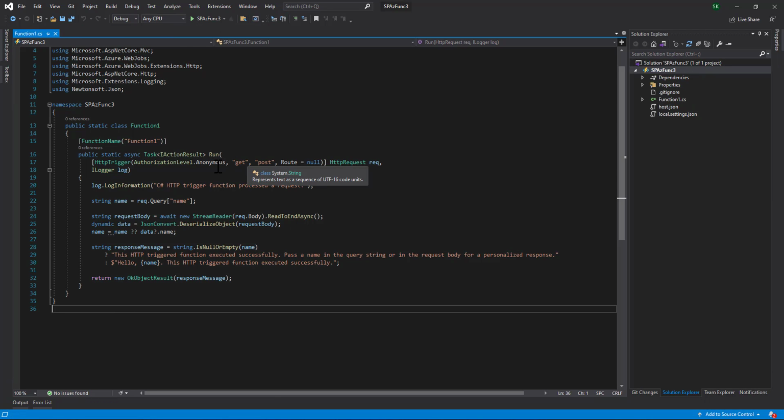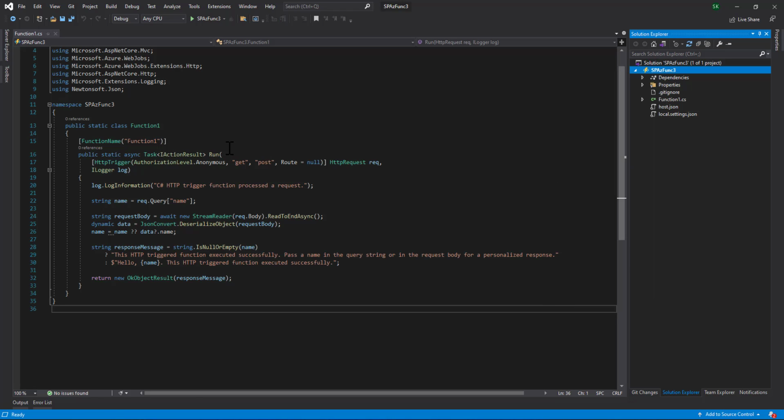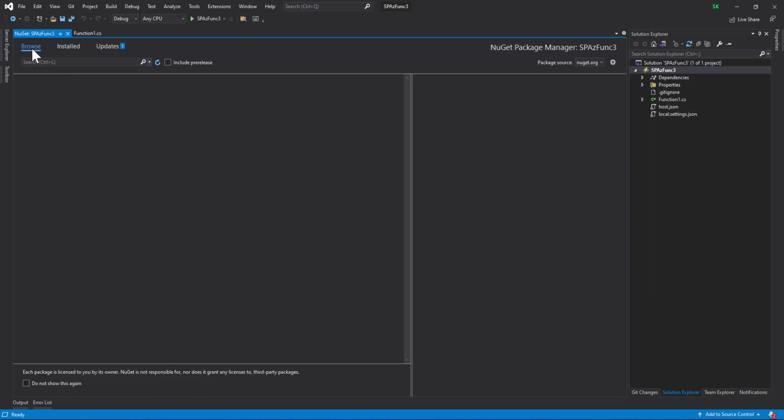Now we need to update this code using the PnP Core SDK and other SharePoint features. Okay, so let us start doing that. First, we need to install a couple of NuGet packages. In order to do that, right click on the project, select manage NuGet packages, go to browse and search for PnP.Core.Auth.